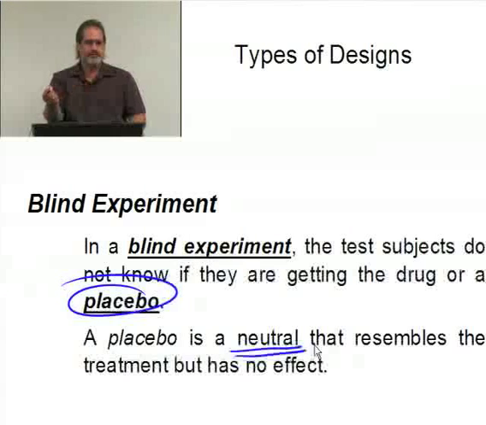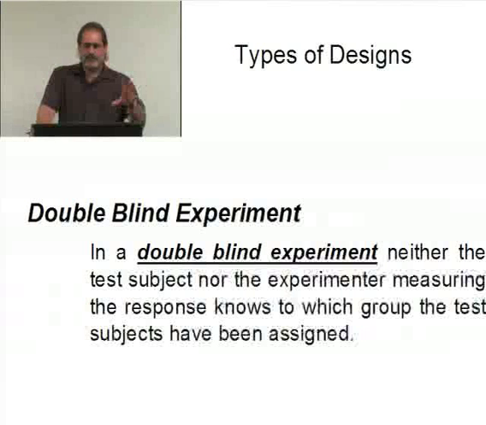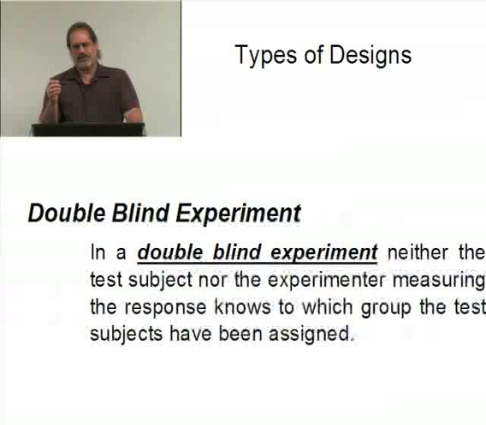You don't want your subject to know which group they're actually in, to avoid that placebo effect. Now, in a double-blind experiment, it's the same idea, but the difference is the person taking the measurement doesn't know who gets a placebo and who's got the real thing. See, the problem is, if the person taking the measurement knows this person has the placebo, this person gets the